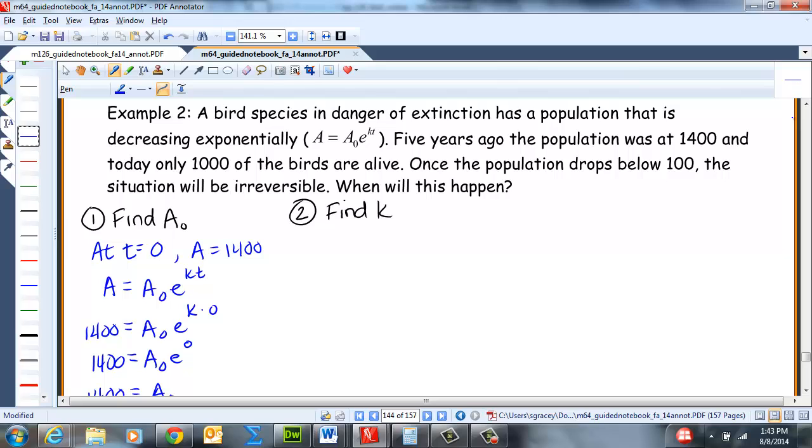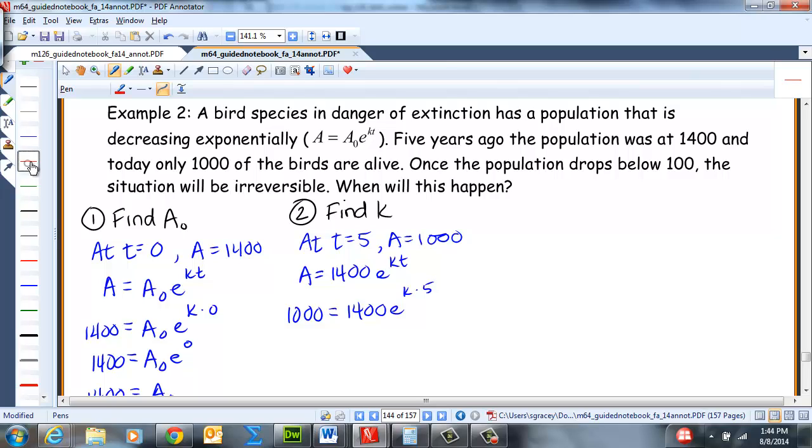So at time equal to 5, A is equal to 1,000. So we have A equals 1,400 e to the kt. So in for A, we put 1,000 equals 1,400 e to the k times 5. Dividing by 1,400,